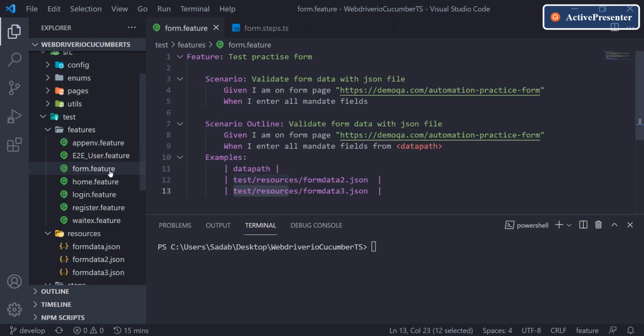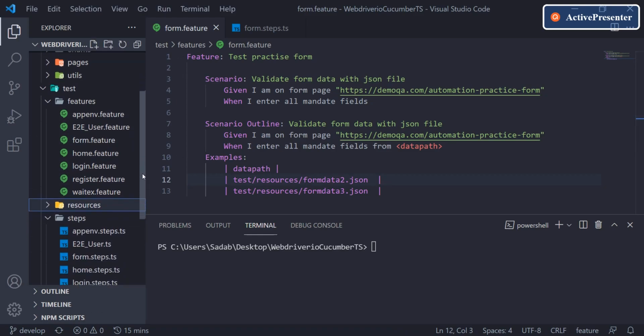Now, just a quick change. We need to make a very small enhancement in the current code. If you see here, the data path we are passing is test resource is common. We'll always maintain our test data in this folder itself, not in any other folder. Because this location is always a constant and will not change, let's not keep adding it in every feature file that we have.